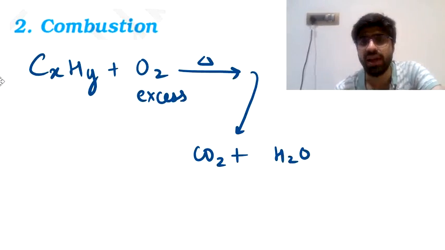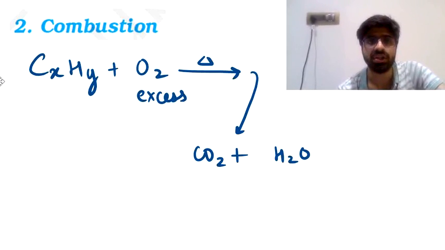It is very easy to balance the reaction because initially all you need to do is balance the carbon and hydrogen atoms. There are x carbon atoms we have here. So on the right hand side we will write x moles of carbon dioxide. There are y atoms of hydrogen. So here we already have H2O, and that is why we will write the coefficient here as y by 2.